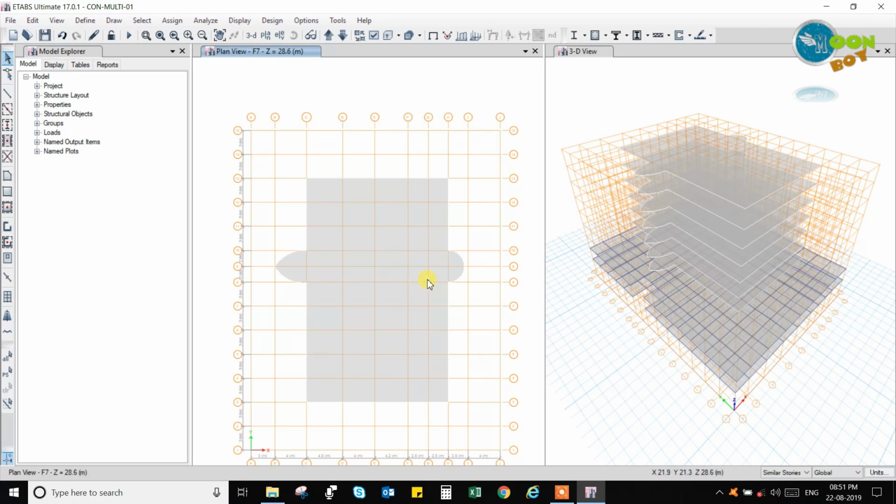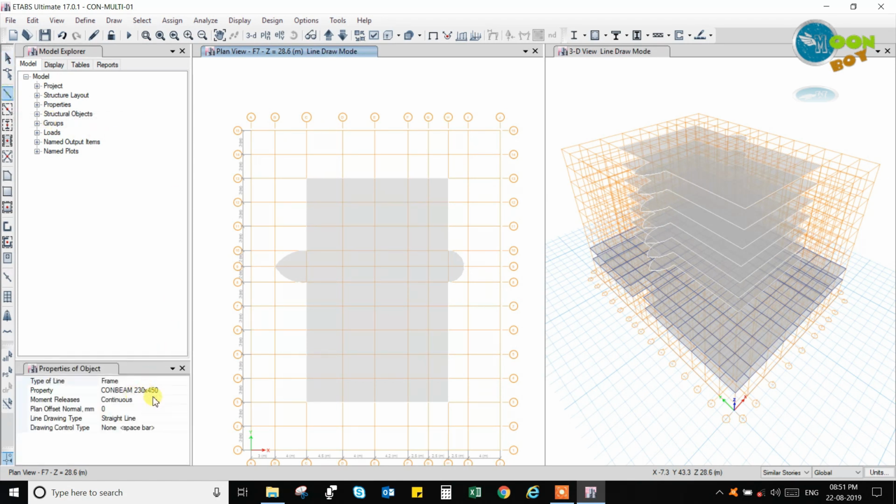We will draw a few of the beams like here, like we will join the beams here. So that option you can use, like you can draw this continuous beam from here to here. That is, you can use 230 by 450 for side beams, and for inside beams you can take 600 depth, because loading will be more in the inside beams. So outside beam we can use this. So let us draw the beams. I have drawn the beams from here to here, and I will press